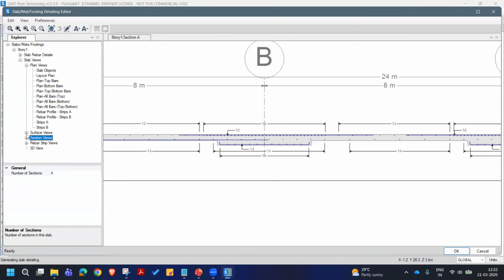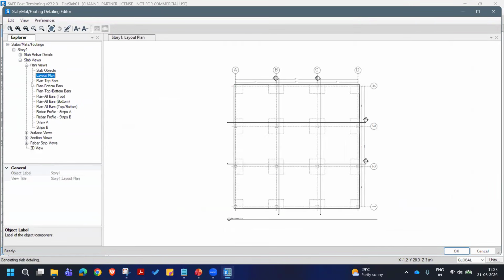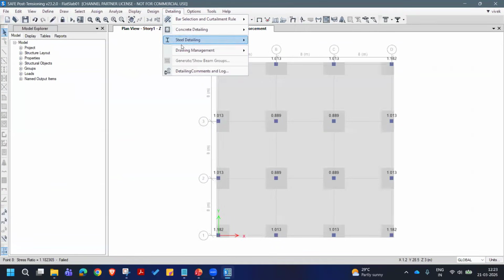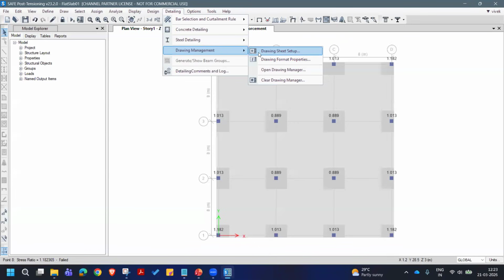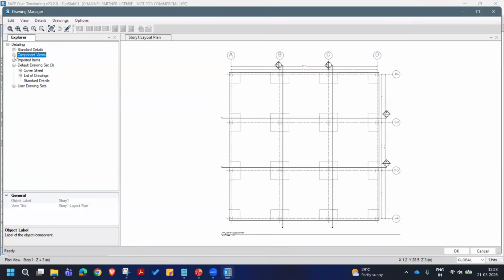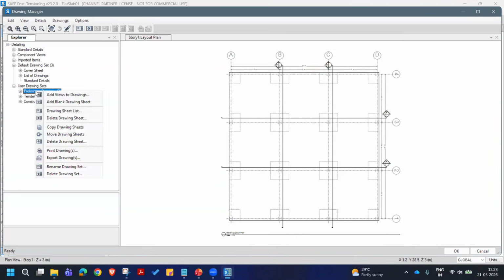Sectional views. The next step would be creating the drawings, which will be under drawing management. I'm using default settings to save some time. Open drawing manager. This will generate from the component views we previously reviewed. You'll find these are drawing sets. You can categorize these drawings: preliminary, tender, or construction. So under the preliminary,